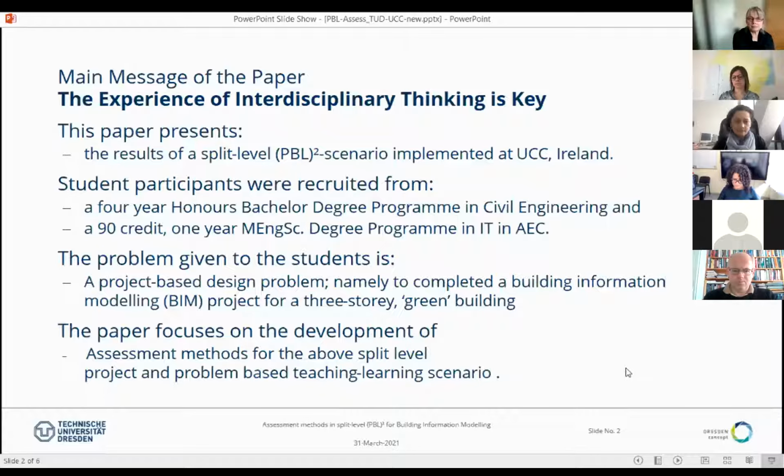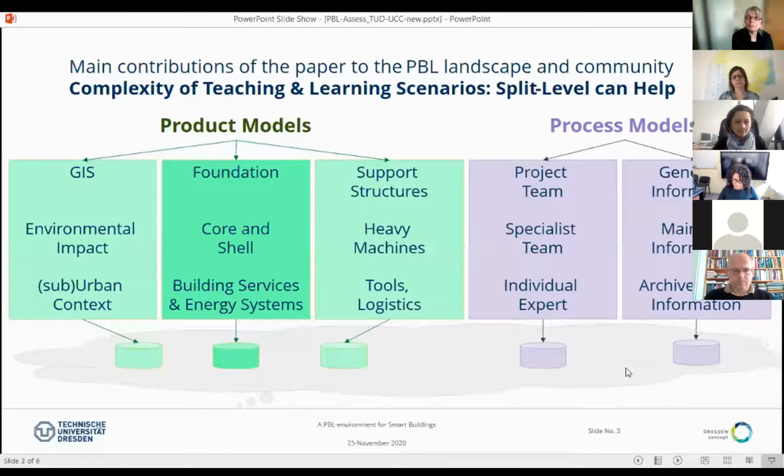In the paper, we do not talk about the design process or team building, but we talk specifically about assessment methods for that split level scenario. What was a challenge to us? The acronym BIM represents a totally new approach to how to manage digital support in the AEC domain. The point is that